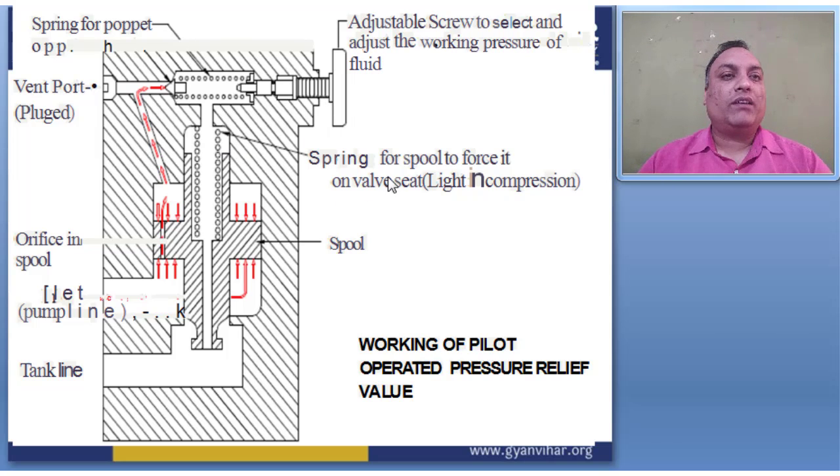And here this is the spring for the spool to force it on the valve seat, and here light compression, and this is the spool chamber. Here is the orifice in the spool, and here the input line is connected in this case, and this is the tank line, right? So I have already explained the working of this